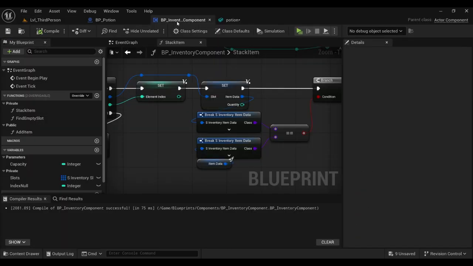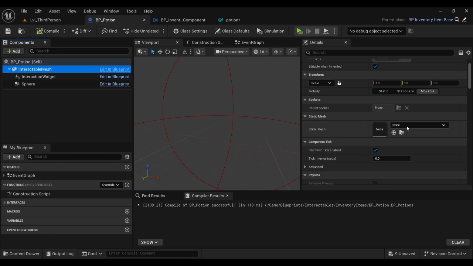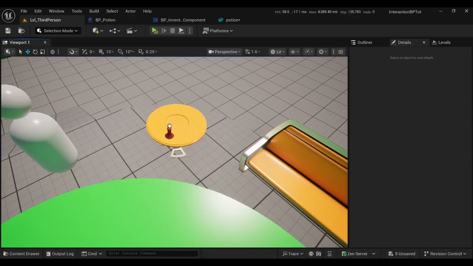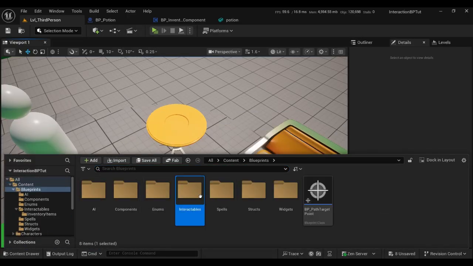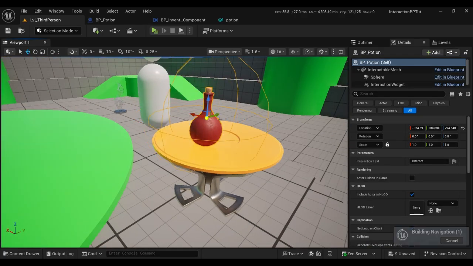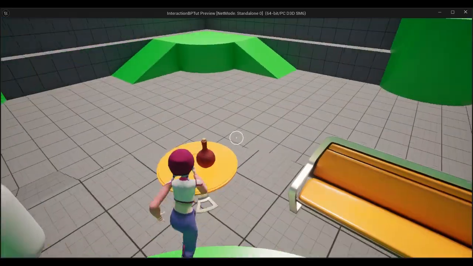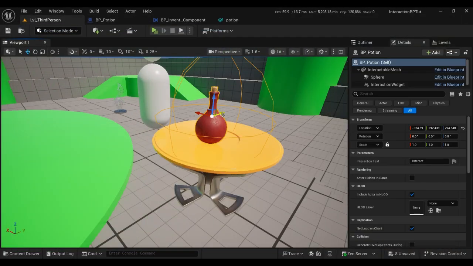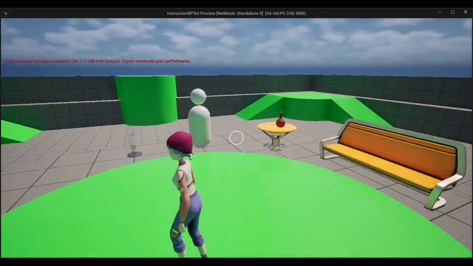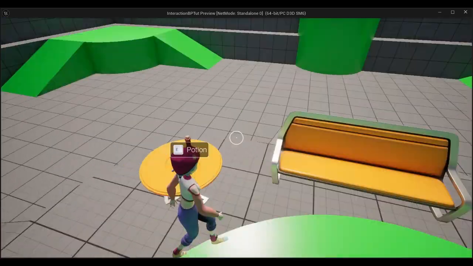Let's delete this. Go into our potion class, interactive mesh, look for potion, and make the sphere smaller, like 50. Okay, now let's drag it here. No, not this one, let's drag the class. Like so. Now if you start the game, let's make the sphere a little bigger. Okay, and you click E, nothing works, and that's because